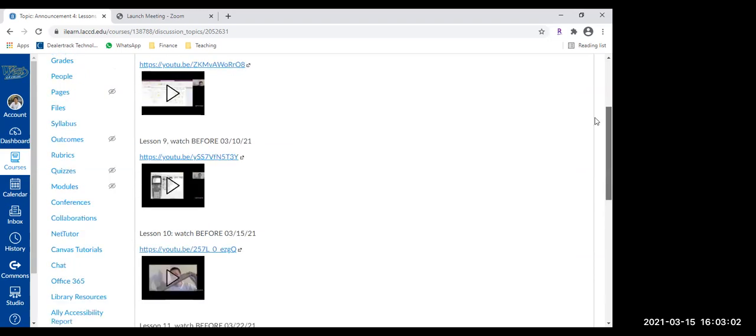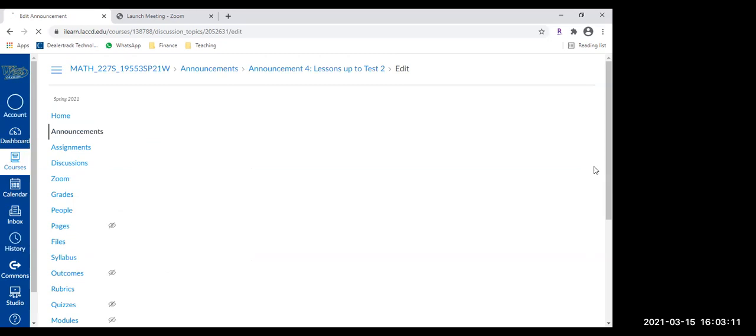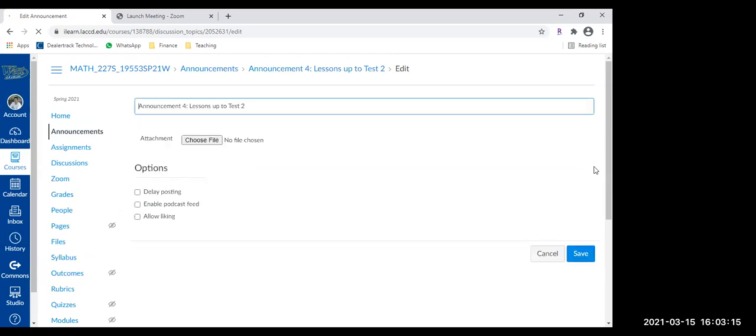So I used the one from spring 2020, last year. And let me see. I think I used the one from,